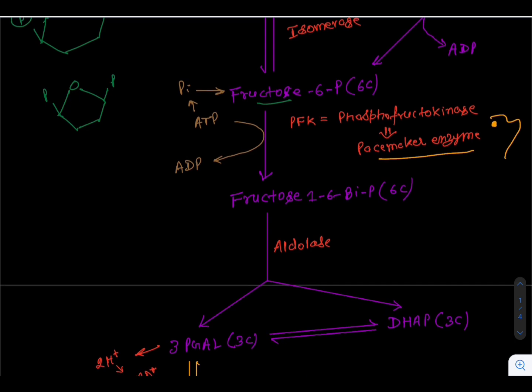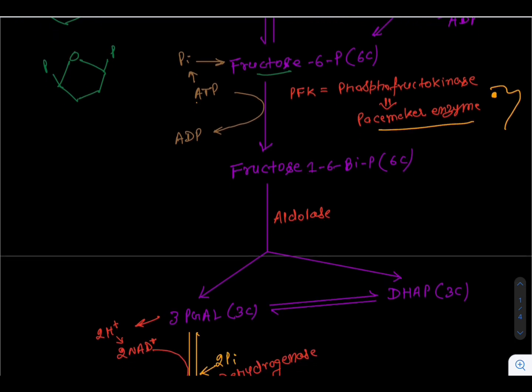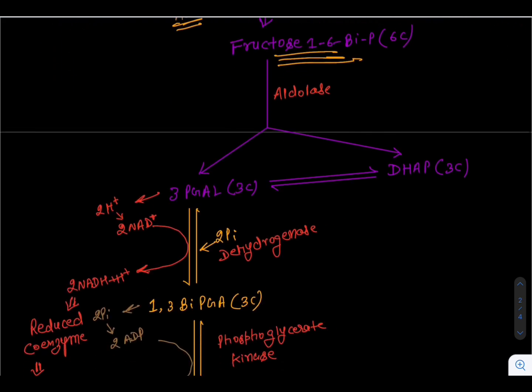You can see in the diagram as well. So here also we do one phosphorylation, ATP to ADP, and inorganic phosphate goes and attaches to the fructose 6-phosphate, and the resultant compound that is formed is fructose 1,6-bisphosphate. Now we have to break this fructose 1,6-bisphosphate molecule into two molecules. One is 3-PGAL and one is DHAP. DHAP means dihydroxyacetone phosphate, and 3-PGAL means 3-phosphoglyceraldehyde, and the enzyme which is working over here